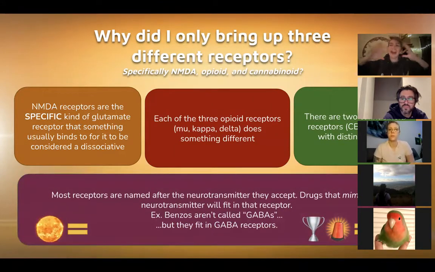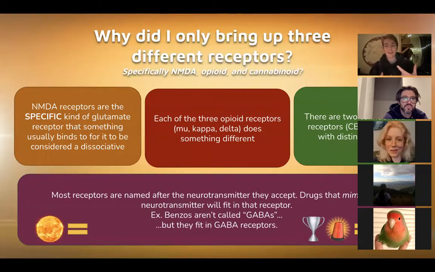Most receptors as a category are just called a serotonin receptor, an opioid receptor, a glutamate receptor. But within that, there are specific ones that do specific smaller tasks. It's like within the category of a receptor that accepts a neurotransmitter, there are other smaller things that specific kinds of receptors can do. So that's really important to note, again, because if you're looking at a psychedelic that says it's mainly a 5-HT2B receptor agonist, you'll know that it's going to have different effects than classical psychedelics that have 5-HT2A receptor agonism. So that's all part of what we're going to get into a little bit later.